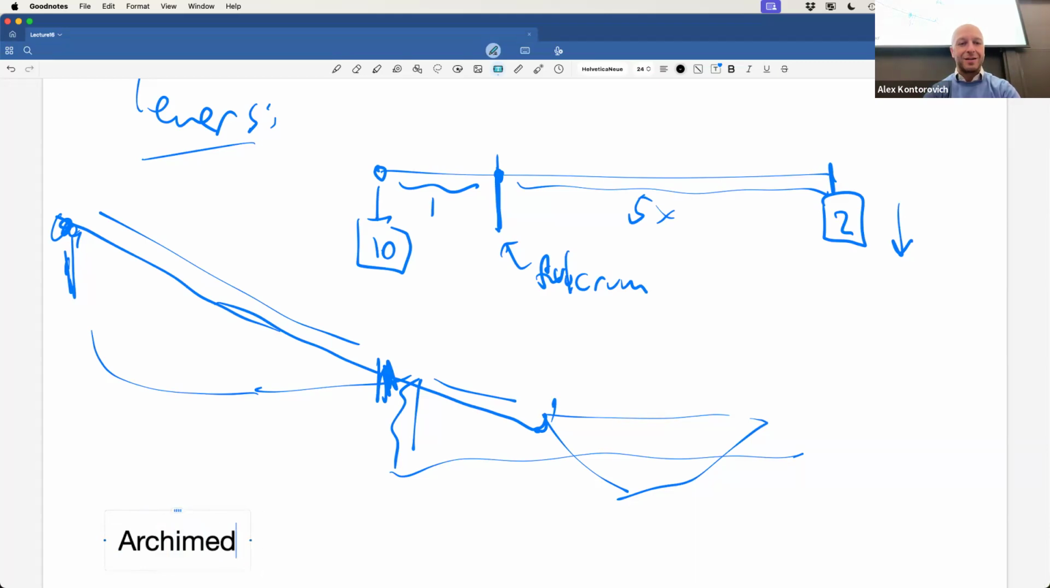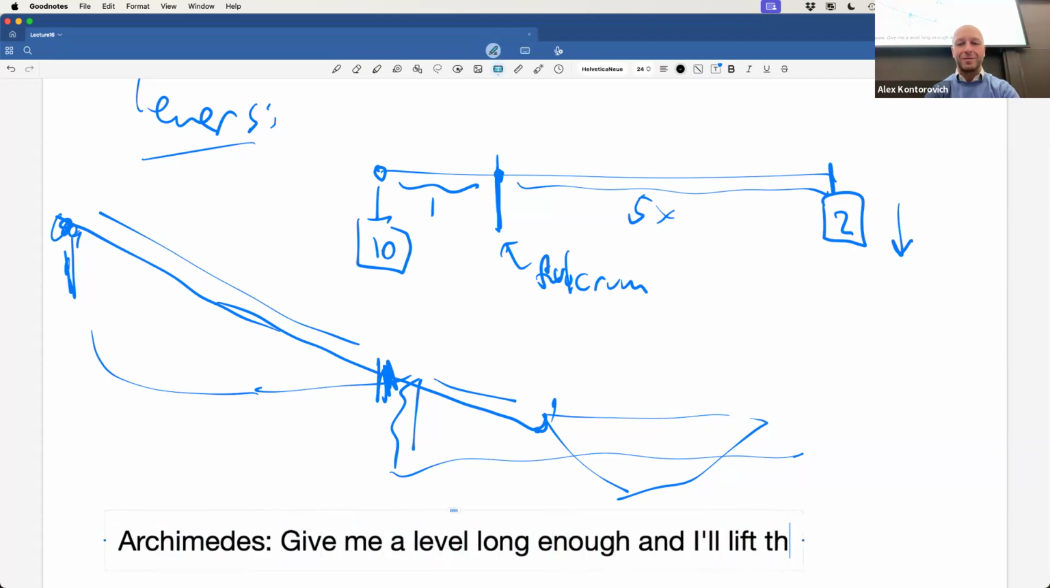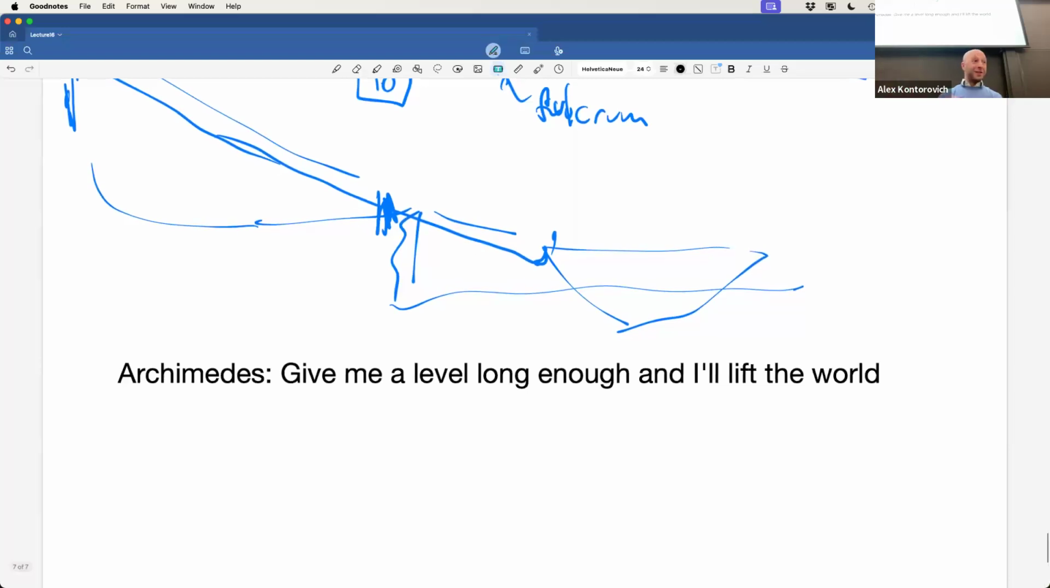Archimedes. One of his famous lines is, "Give me a lever long enough, and I'll lift the world." Okay. So he understands there's no end to this principle. Also, the lever has to be strong enough, and also you need a fulcrum somewhere. But never mind. There's also the story of him needing to